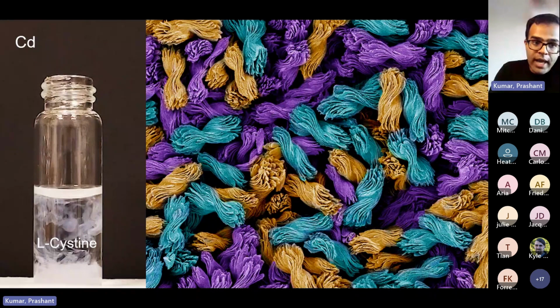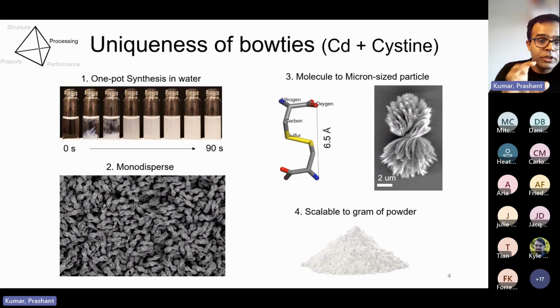There is a lot happening within this time frame of 0 to 90 seconds, where I see this kind of turbidity appear and the bow ties form immediately. That is the uniqueness of this system, because we can synthesize this in water within 90 seconds. So it's really quick and really scalable. The bow ties that form are pretty monodispersed. The polydispersity is about 10 to 15%. It does increase as you scale up in size, but it's still much better than other systems out there. Secondly, we see this very nice control over the chirality that I will show you a little bit later,